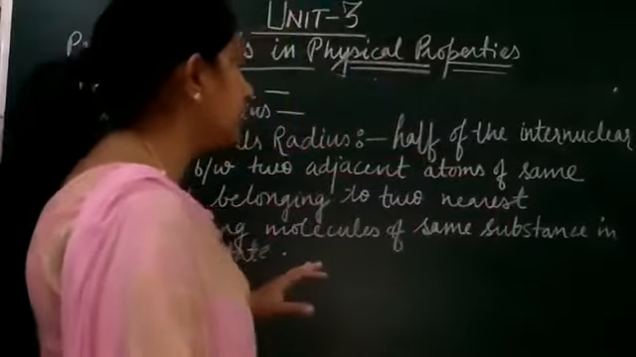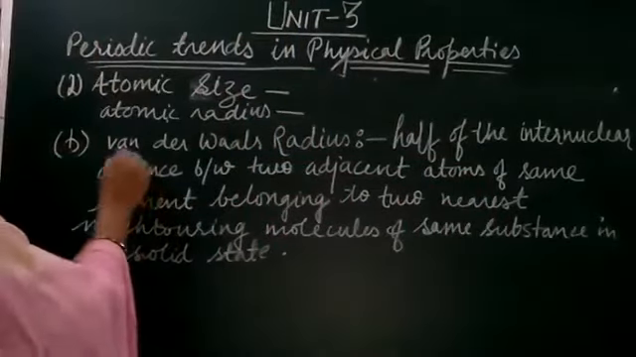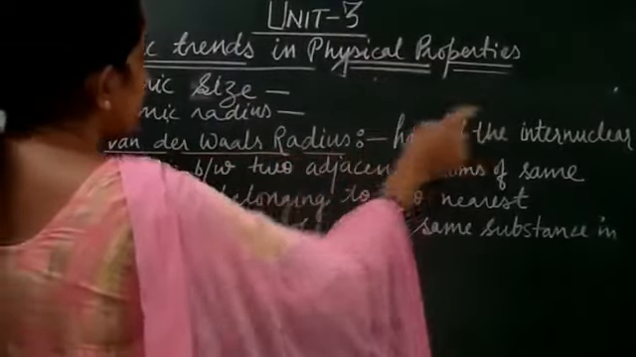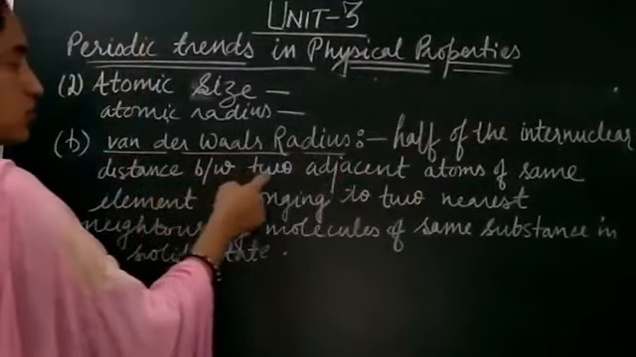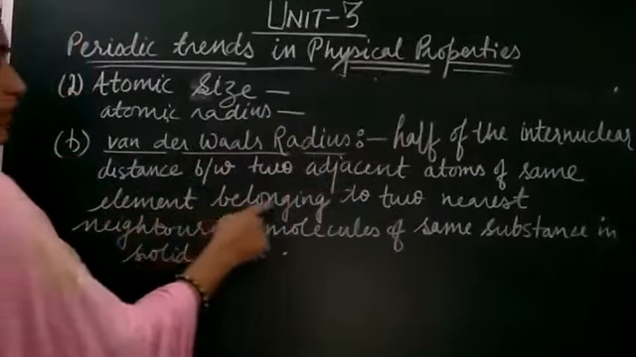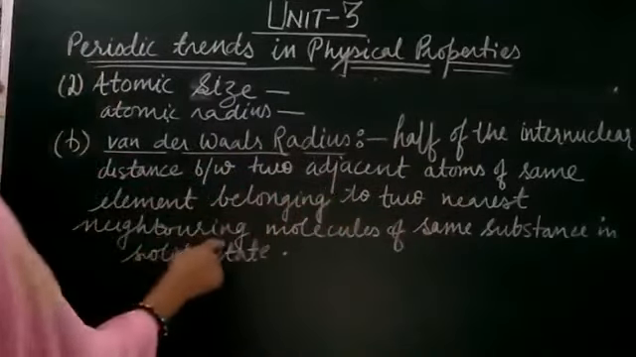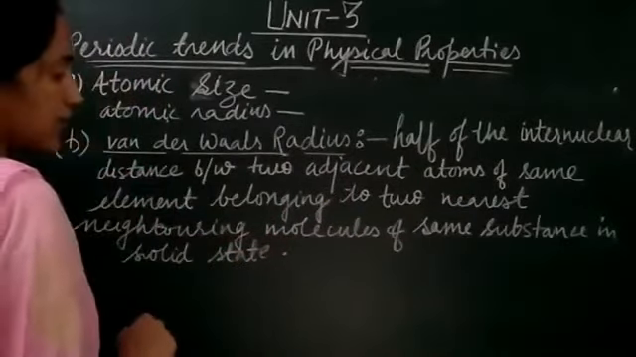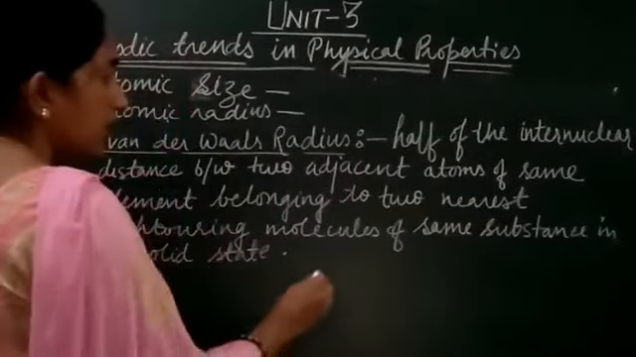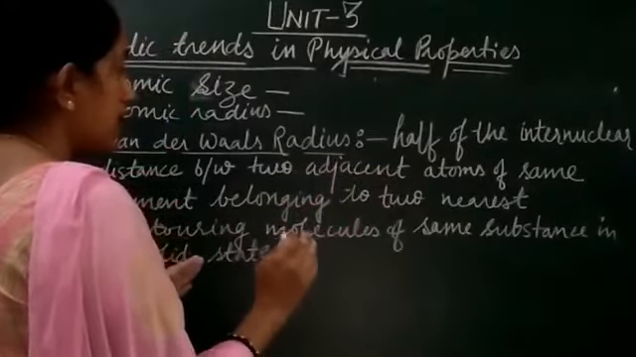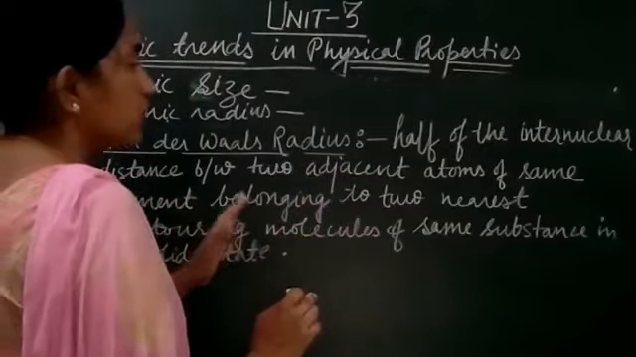Now you can have a view of the definition here. What is the van der Waals radius? It is half of the internuclear distance between the two adjacent atoms of the same element belonging to two nearest neighboring molecules of the same substance in the solid state. Right, students? So here we will first see the two adjacent atoms of the element belonging to the same